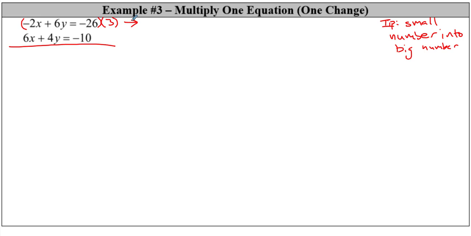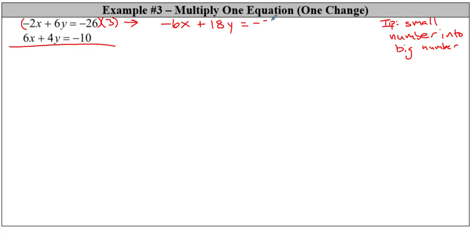So I'm doing what I call manipulating this first equation through multiplication. I'm going to change this value by multiplying all these terms by 3. So we get 3 times -2x, that is a -6x. 3 times 6y is a +18y. And 3 times -26 is